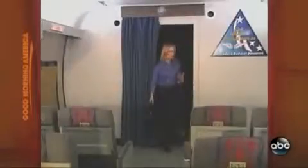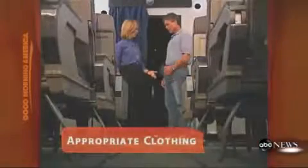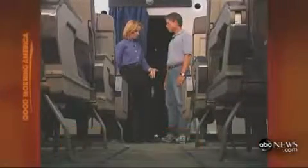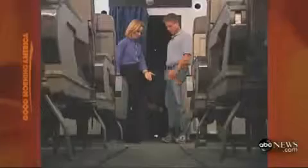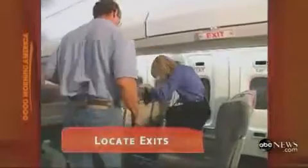So even before we board the plane, there are things we can do to be a little safer, like wearing appropriate clothing? Exactly. Long sleeve shirt, long pants. Practical shoes? Yes. No spike heels. Exactly. Safety researcher David Palmerton of the FAA says as you head down the aisle, pay attention to where the exits are. You need to be aware of all of them in case the one closest to you won't open